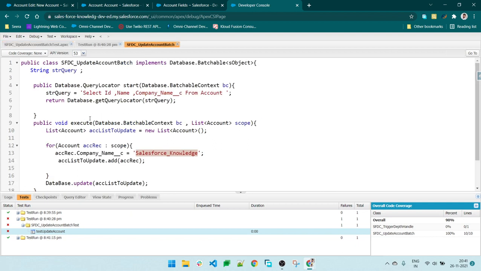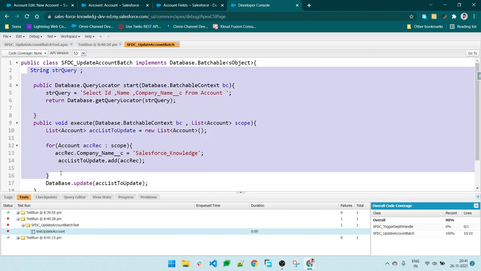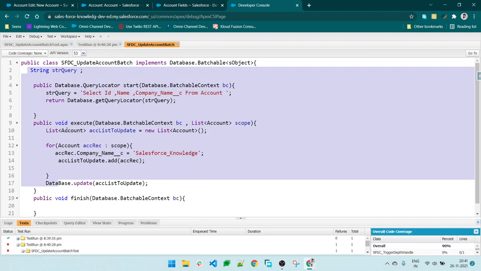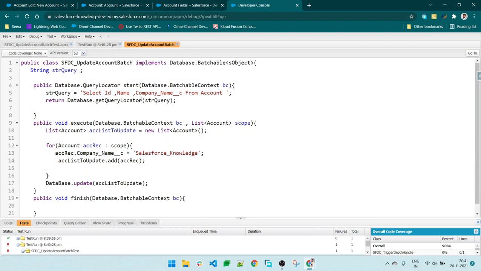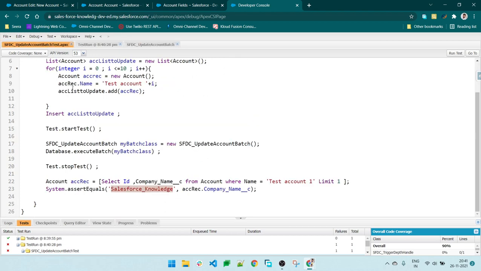So basically this was our very simple class. In our actual project, our batch classes will not be this simple. The difference will be only at two places. At the first place, there will be some WHERE filter criteria in the query. We will not fetch all the records. So nothing complicated, just create the records according to the filter criteria.